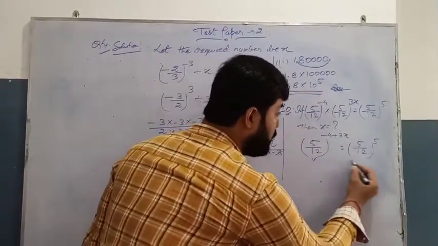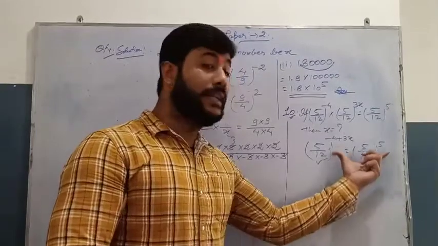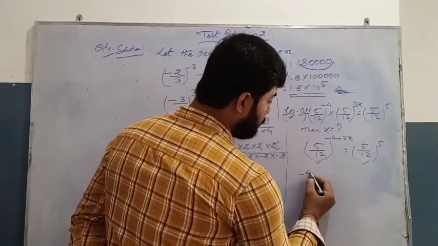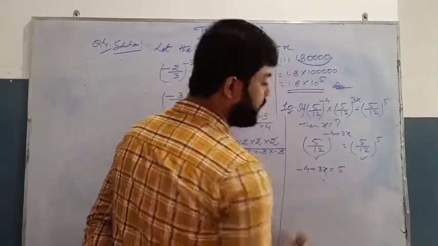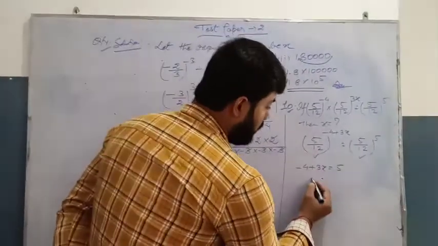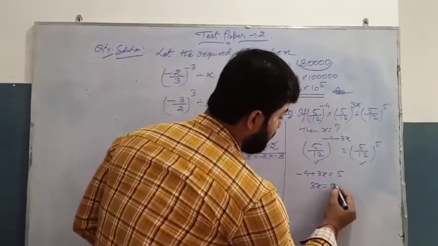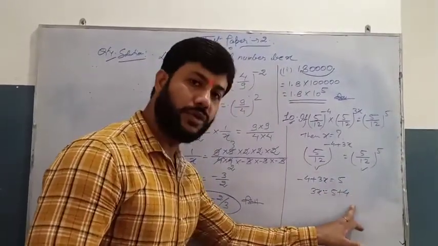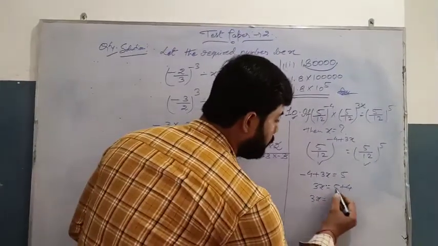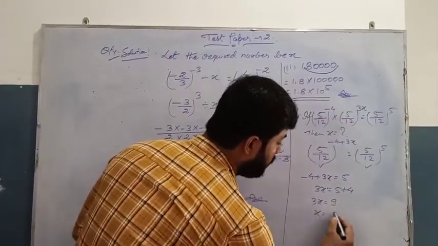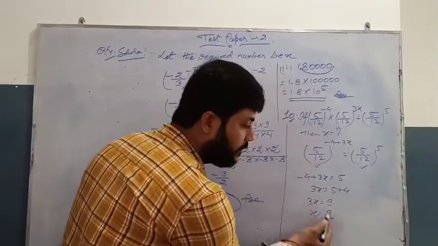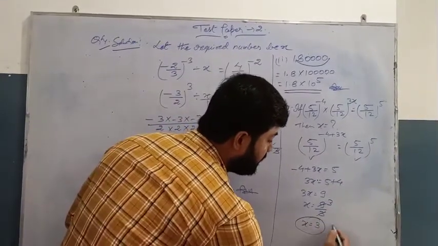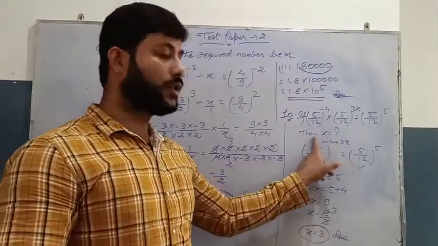Now we see 5 by 12, 5 by 12 on both sides. So we will make their exponents equal because the bases are the same, right? So that is minus 4 plus 3x is equal to 5. Okay. So here 3x is equal to 5 plus 4. 4 is transposed, and when transposed it gives a different sign. This minus will be changed to a plus sign. Now 3x is equal to 5 plus 4, which is 9. Then x is equal to 9 by 3. 3 is multiplied, here 3 will divide. So 3 3s are 9. So the value of x is 3. We have got the value of x that the question asked.